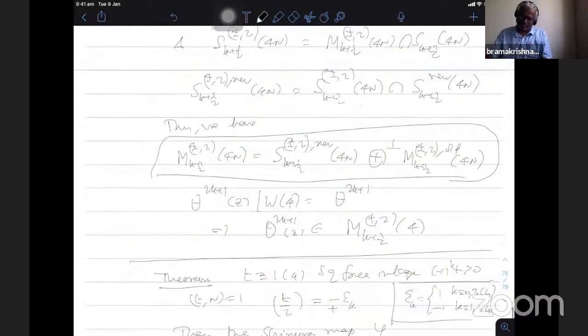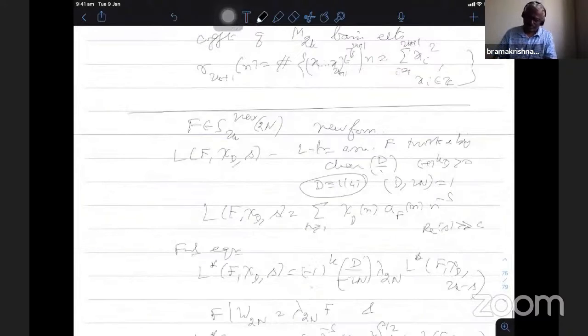So I have this M_k plus or plus 2 old, even the old class, and I remove all the new forms, the usual new forms coming from the lower levels. Everything is coming out. So the only spaces remaining are the plus space and its duplication. So that's what it says.